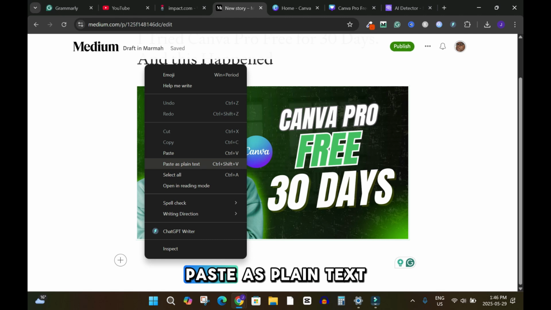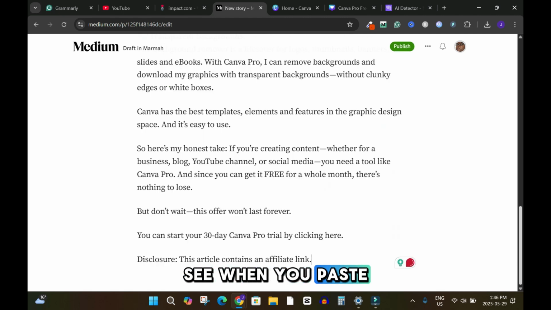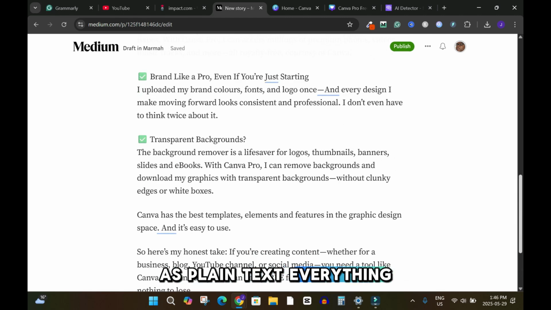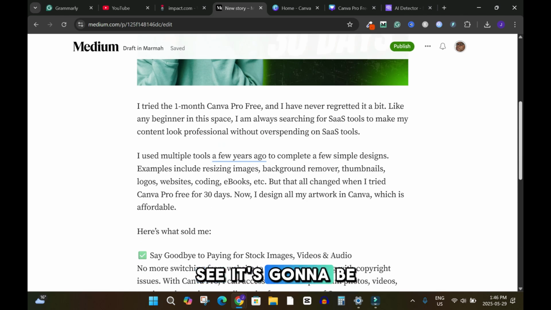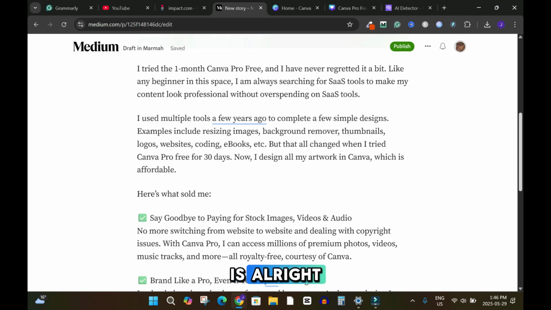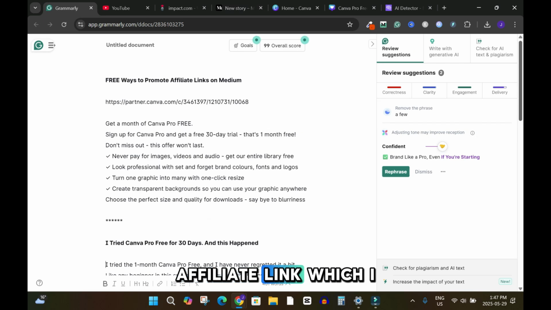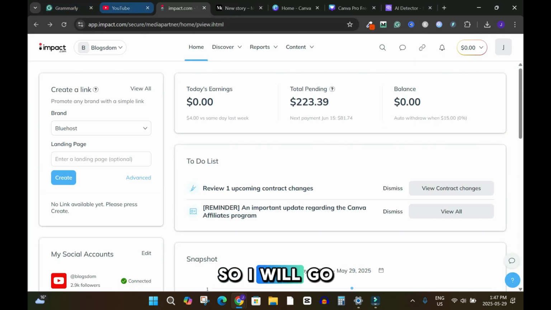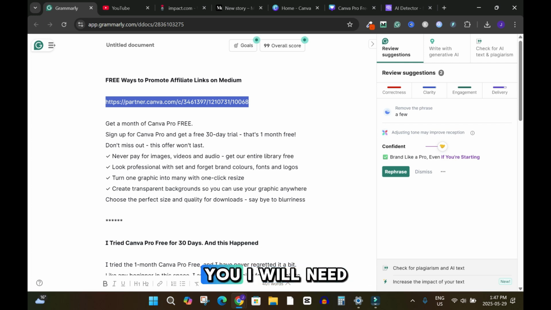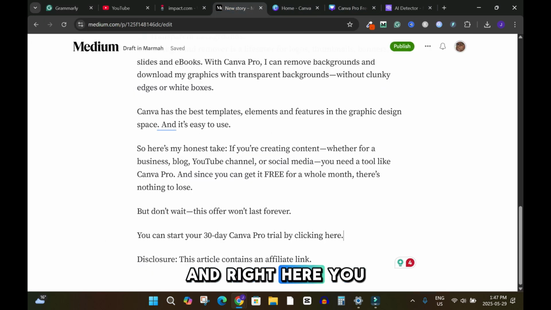So I'll right click and paste as plain text. See, when you paste as plain text, everything looks good on it. See, it's gonna be exactly the way it is. All right, and so this is the disclosure. And first thing first, before I edit anything here, I would like to go back to my affiliate link, which I copied from here. So I'll go back. Remember, I told you I will need it, so this is it, just so I will not be going back and forth. Then I'll go back to my article, and right here you can start your 30-day Canva Pro trial